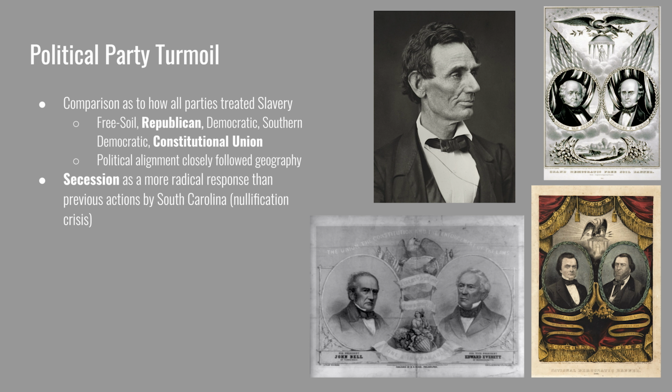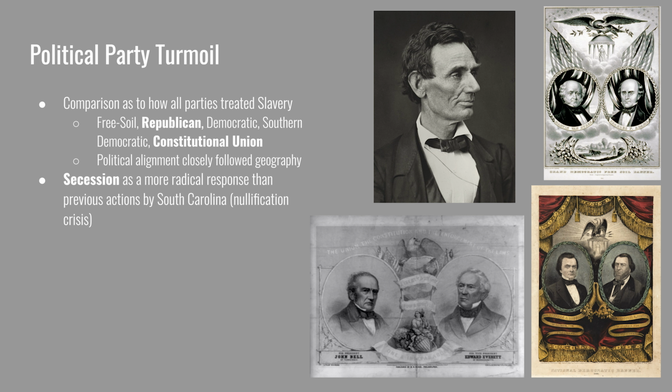The National Democratic Party attempted to maintain party unity by espousing the policy of popular sovereignty, letting each state decide for itself. The Southern Democratic Party believed that there should have been greater protections of slavery and that it should be allowed to continue to expand into new territories. The Constitutional Union Party, which was created in the midst of the 1860 election, was trying to chart out a middle way in which slavery would continue to be protected in the states where it already existed, and it would be able to expand under the old compromises. The North could continue to enforce its laws that abolished slavery within their states' boundaries, and everyone should be happy.